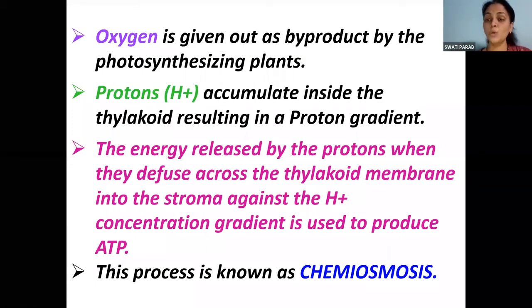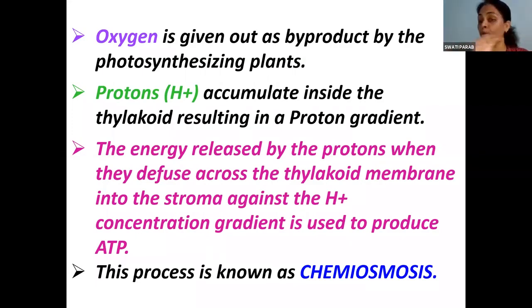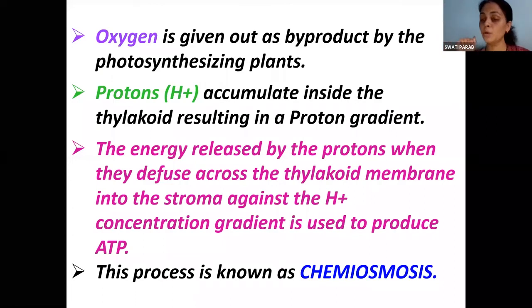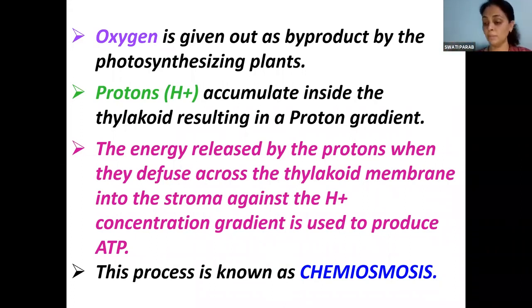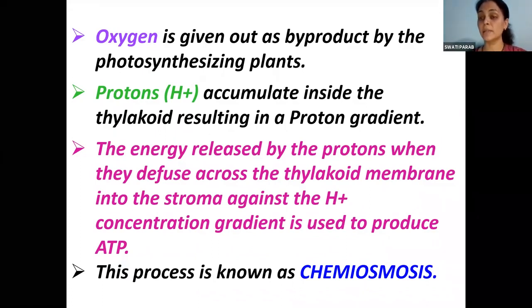Okay, now to undergo the entire process, to undergo this process we require one enzyme. Because if that enzyme is not there, then ATP will not be formed. Clear? So what is that enzyme? It's not there in your syllabus, but I want you all to know that. Okay, so write down the name of the enzyme, ATP synthetase.